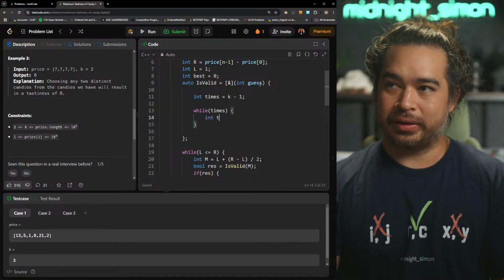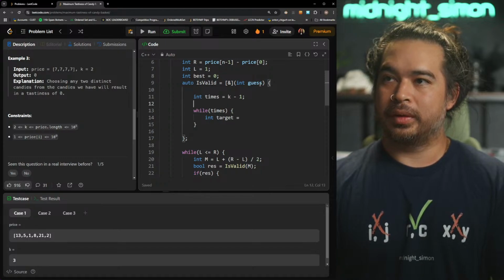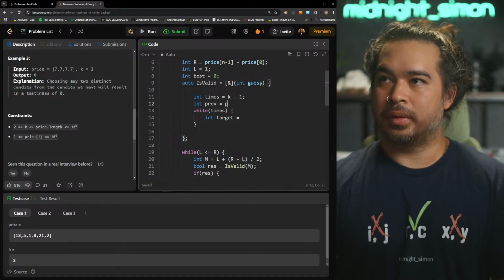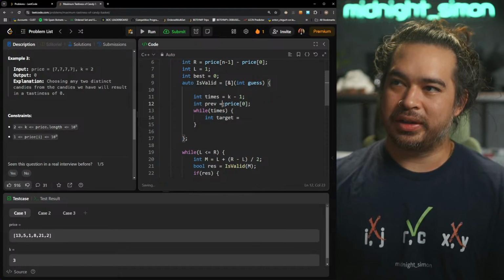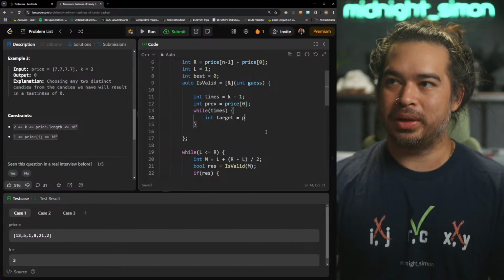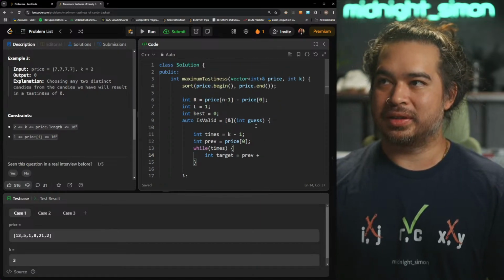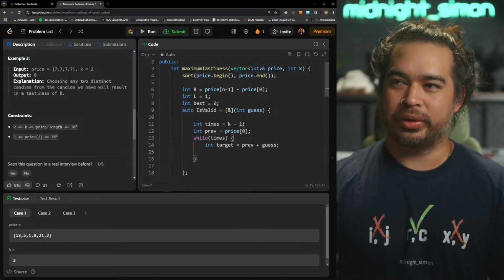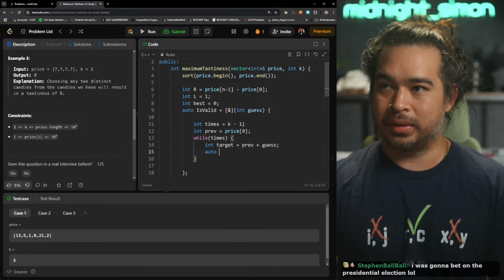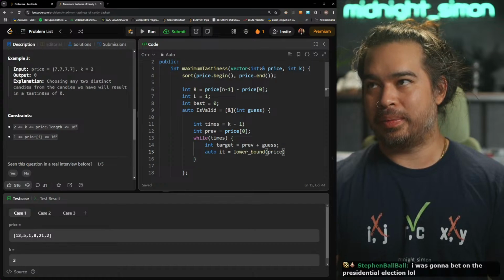We need to find target. So the first element is gonna be the smallest number, price 0, and then our target is going to be the previous plus the guess. And we'll do a lower bound on price.